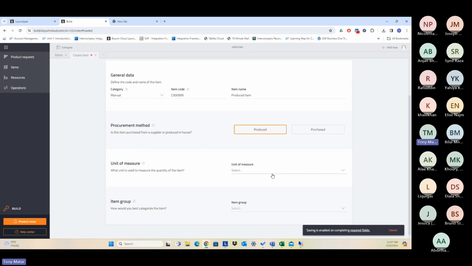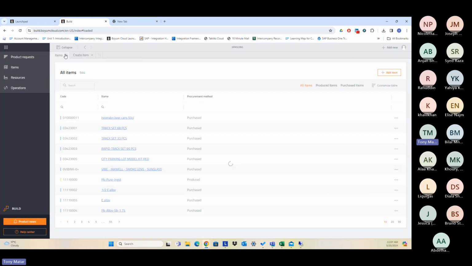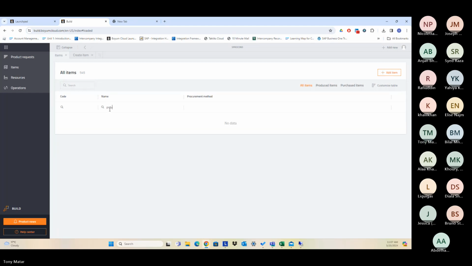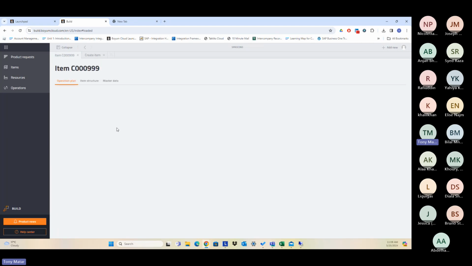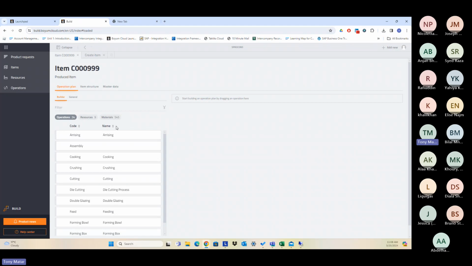To create the item, what is the unit of measurement for this item? Is it in kilograms or liters? What is the item group here? Is it a finished product, for example, or whatever? And once I click, I save it. So I created the first item. This is the item that I have created here, which is the Produced item. And for this produced item, C009, I can